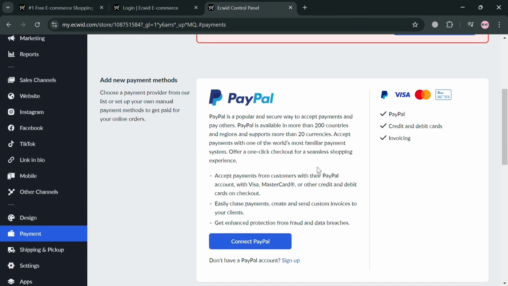PayPal is available in more than 200 countries and regions and supports more than 20 currencies, in which it accepts payments with one of the world's most familiar payment systems. It offers a one-click checkout for a seamless shopping experience. And as you can see, it also connects MasterCard, Visa, and other credit and debit cards on checkout. So this is basically one of the alternative ways on how we can start adding the credit payments in our